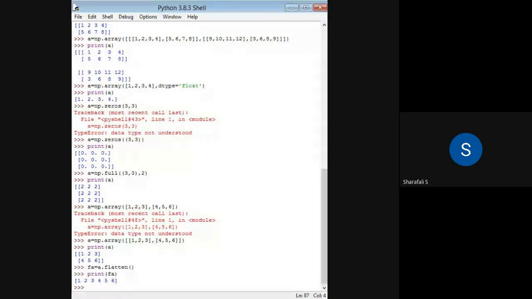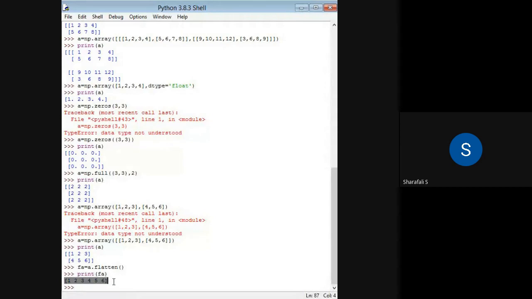So each of these elements in this particular array, that is 1, 2, 3, 4, 5, 6, will have a particular integer to represent its position, and that is called its index. Normally it will start from 0. So if you consider 1, then its index value is 0. If you consider 2, its index value will be 1, and so on. So it will start from 0, then 1, 2, 3, 4, etc. It basically starts from left to right. So it will be 0 here, 1 here, 2 here, 3, 4, etc. That is how we consider the index for these elements.